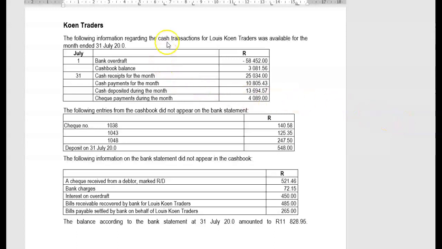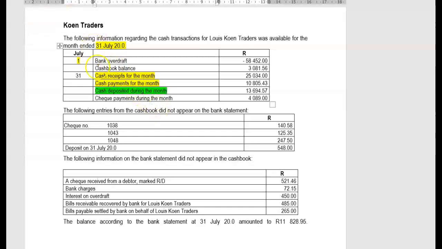The following information regarding the cash transactions for Louis Koen traders was available for the month ended 31 July 2020. Good. They give us opening balances as at the 1st of July. The bank overdraft was 58,000 Rand, therefore a negative sign, and the cash book balance was a positive balance of 3081.56. Then we had cash receipts for the month of 25,000. We had cash payments for the month of 10,000 Rand, and we had cash deposits for the month of